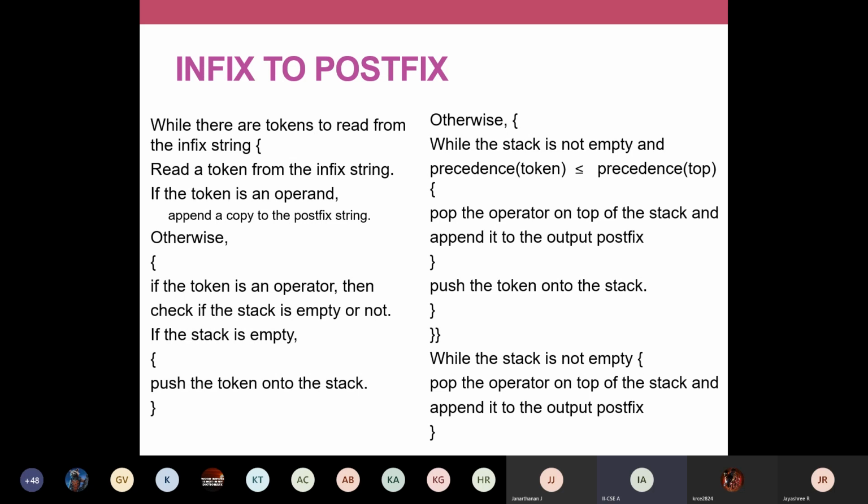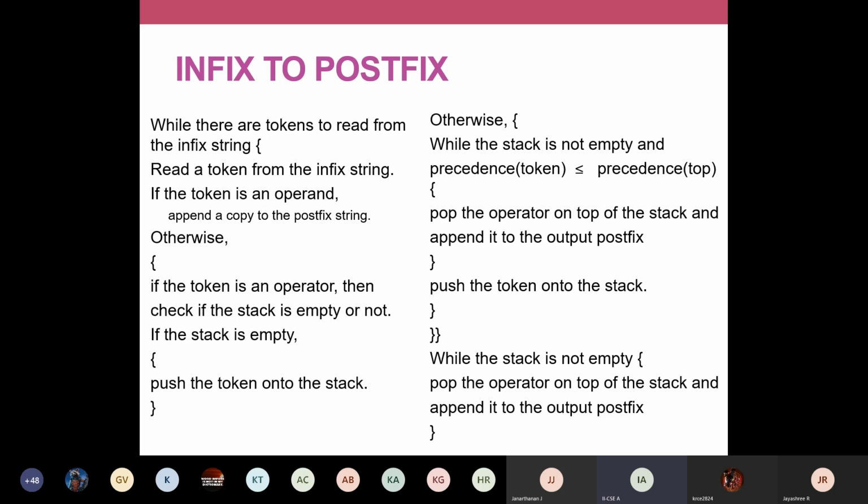Imagine I'm having two operators. One operator, star, is in your stack, and in the input I'm having a star. In that case, both have the same precedence, and there also we are going to pop the stack contents. Like how your open bracket and closing bracket take the same precedence, when there is a closing bracket in your input expression, I pop off all the contents in your stack until the open bracket is encountered.